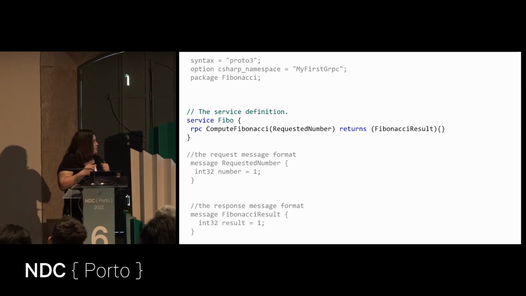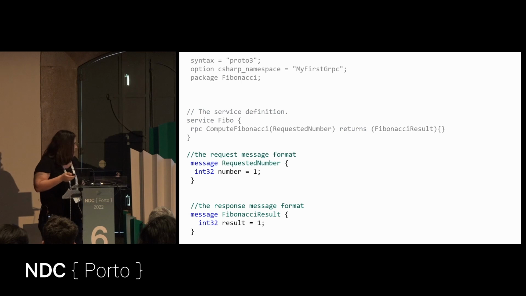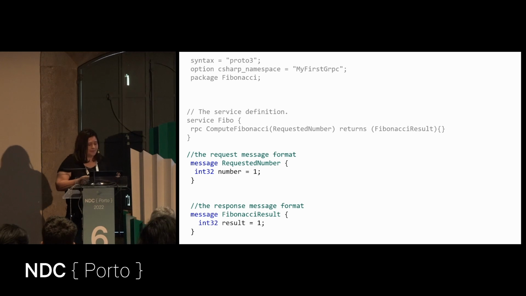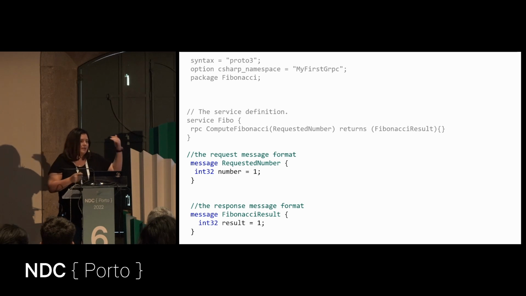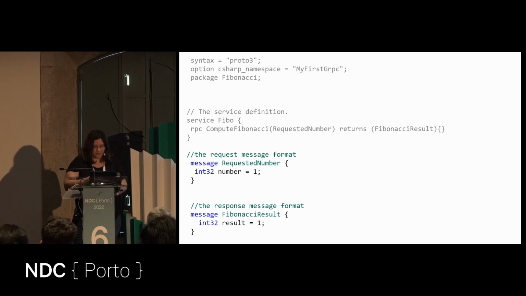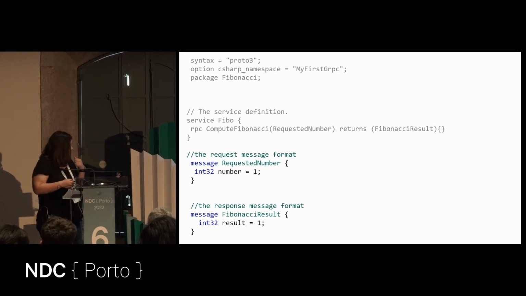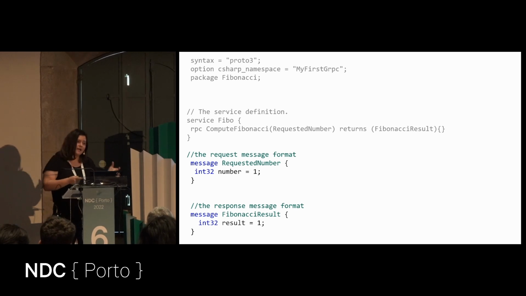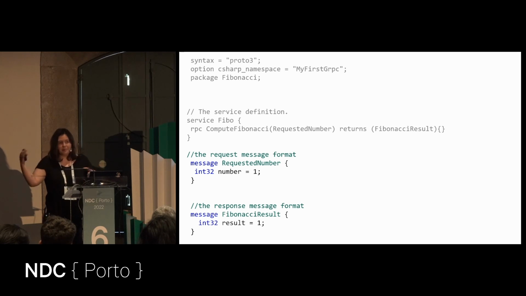Well, in gRPC, you also need to define the representation of a request and of a response in the traditional way. So what we'll see here are two messages. This is what they're called in gRPC, messages. And these messages have properties. In C#, they will be translated as simple properties, named number, and named result for the Fibonacci result. What you see in there as an allocation equals 1 is not an assignment. It's the order of the field because it has a binary representation.